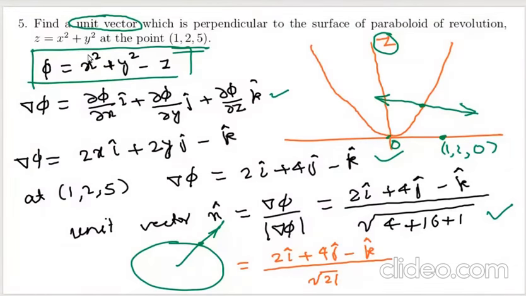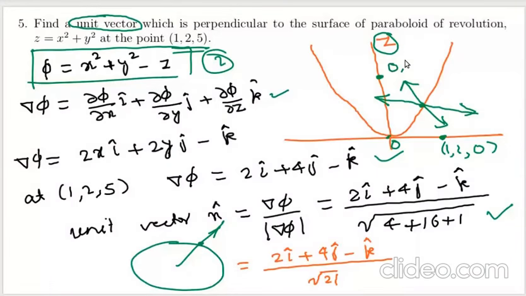So if you put this point in this equation and if it is giving you positive, it means you are outside the plane, and if it is giving you negative, it means you are inside the plane. So this 1, 1, 0, if you put in phi function, it will be giving you 2. So you are outside the plane. And suppose I am assuming some point here, this is on the z axis, and let's assume the point is 0, 0, 2.